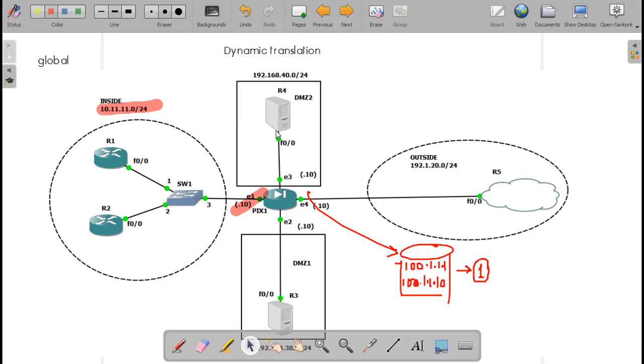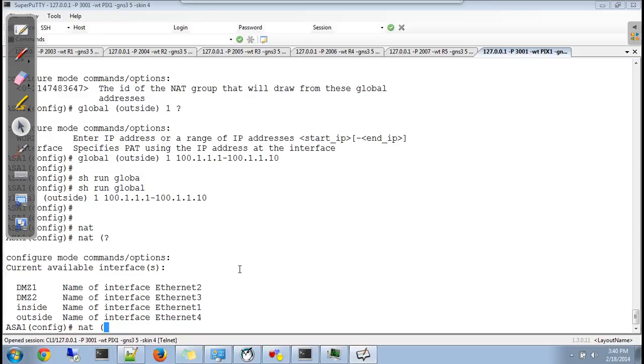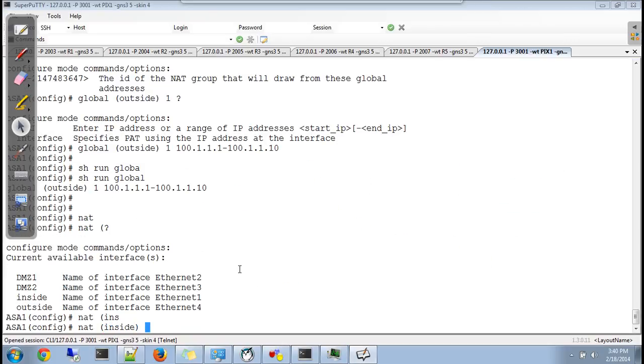Okay, in this scenario there is R1 and R2. R1 is from a different network, and R2 is from a different network. No, both are the same, no? This whole network is 10.11.11.0. So I'll say inside, the traffic is going to come on the inside interface.